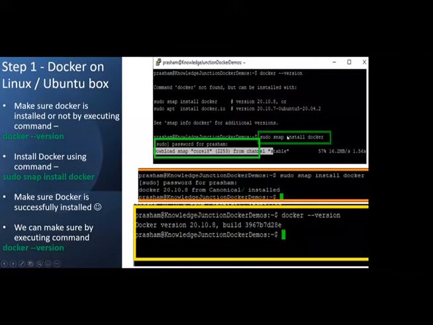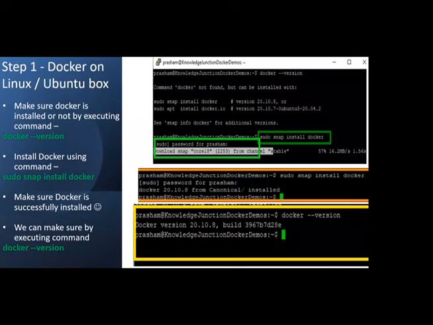There are snaps available. There is a detailed command called sudo snap install docker, which will install Docker on this virtual machine. The snap command and sudo are used to execute this with privileged access.